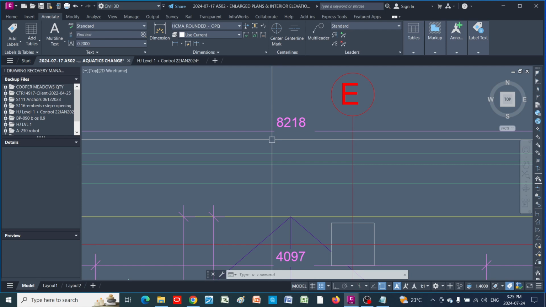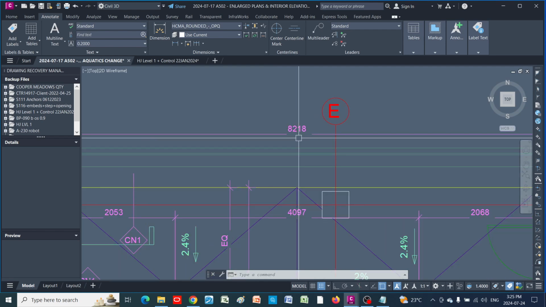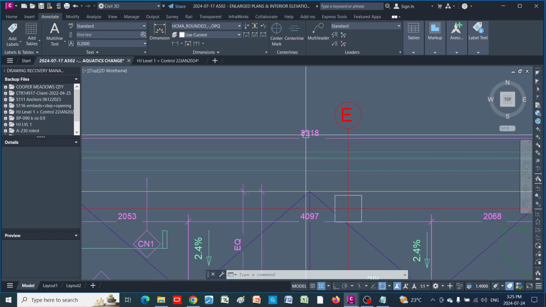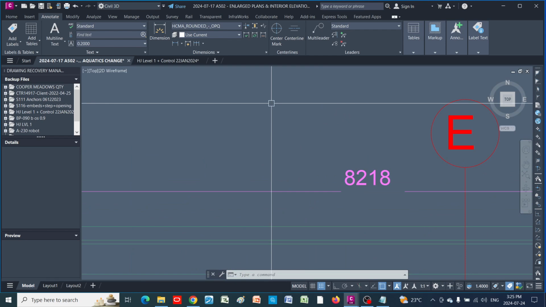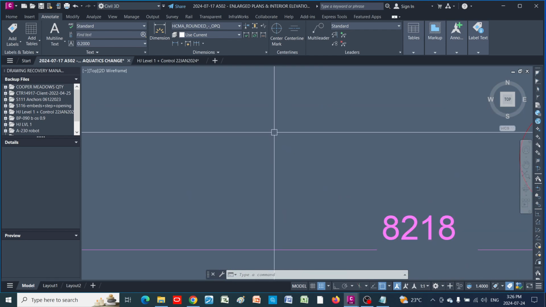From this, I probably can say that the scale of this one is in millimeters. So when I say scale in millimeter, I mean 1 unit is equal to 1 millimeter, right?